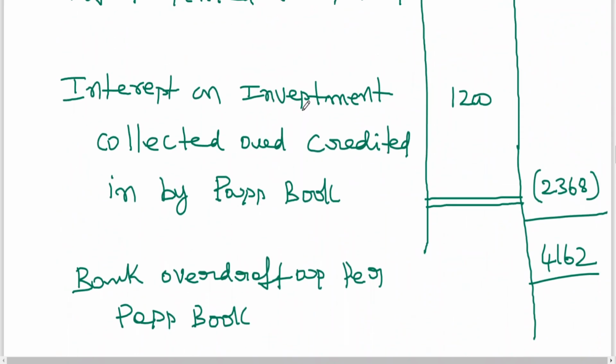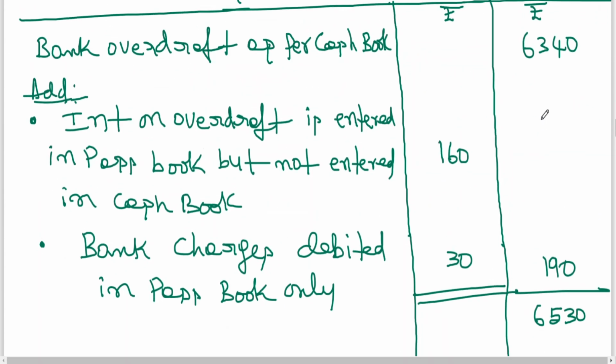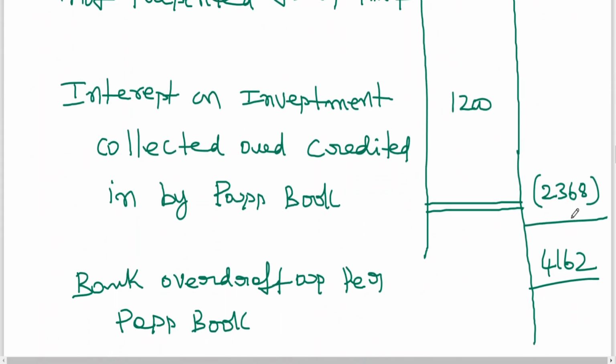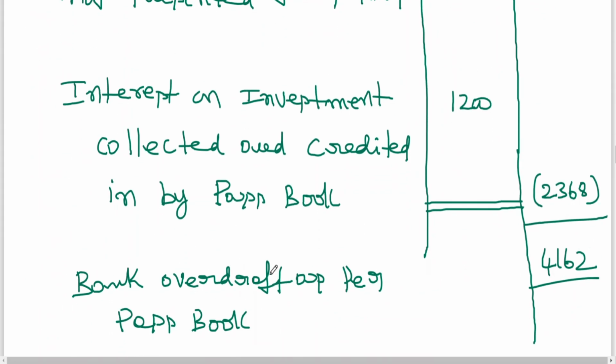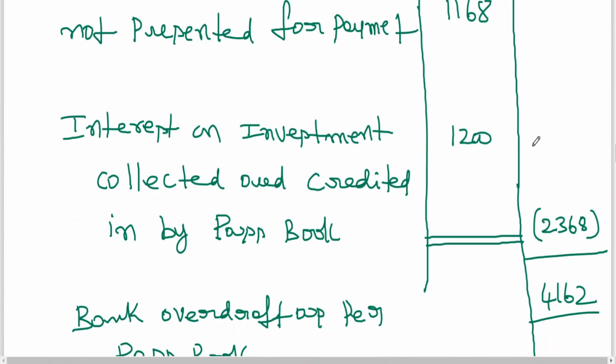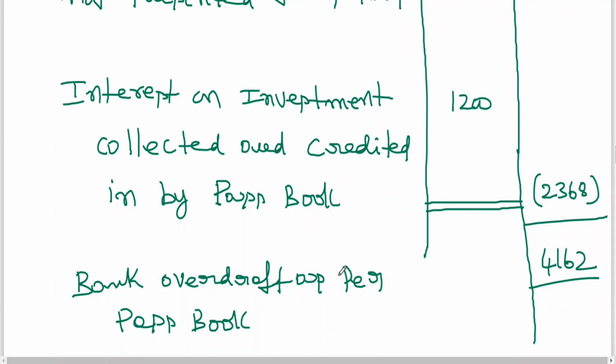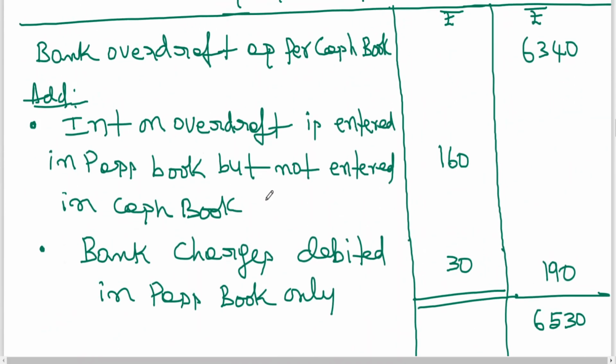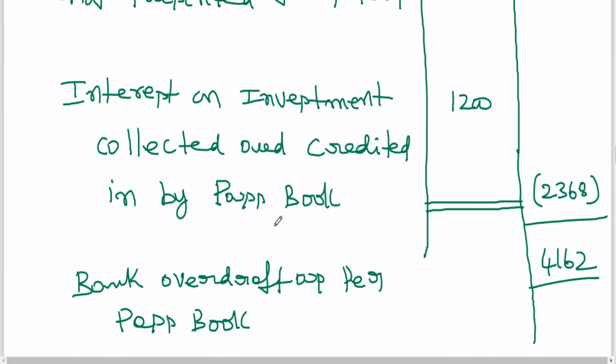In simple words, you are starting this with OD. If you are getting negative, then we should write bank balance as per passbook, favorable. Since you started with overdraft and the end result is also positive, it is also called overdraft. That means the beginning is overdraft, and the ending is also overdraft. The reason is that you have started with a positive value OD. If you are getting negative, it means the items to be subtracted are more than the additions, then definitely you'll be getting negative. That we'll be seeing in the coming class.